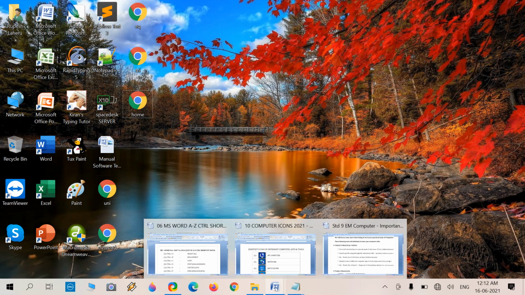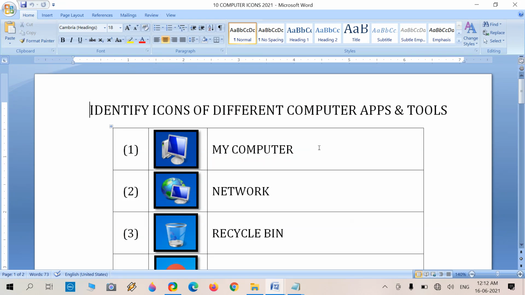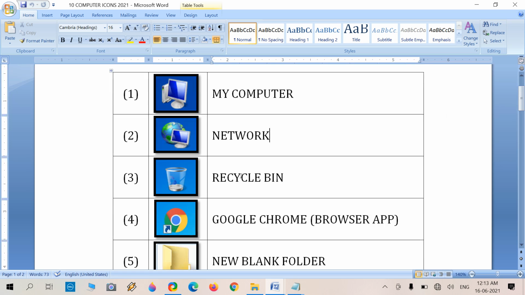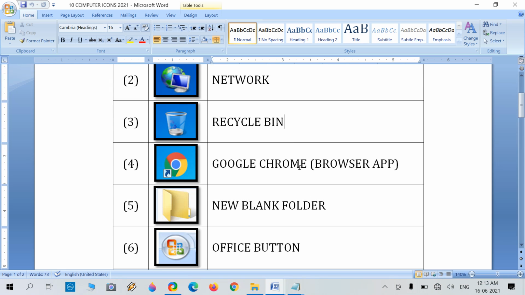So we identify icons of different computer apps and tools, like the My Computer icon, network icon, recycle bin, and Google Chrome, which is also known as a browser app. App means application.